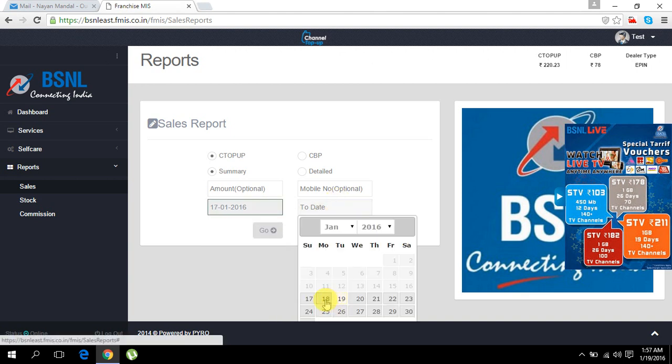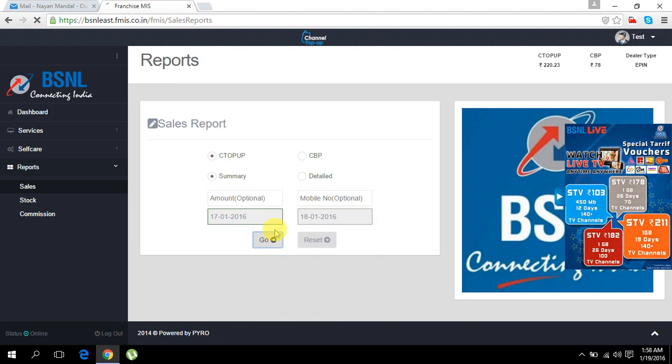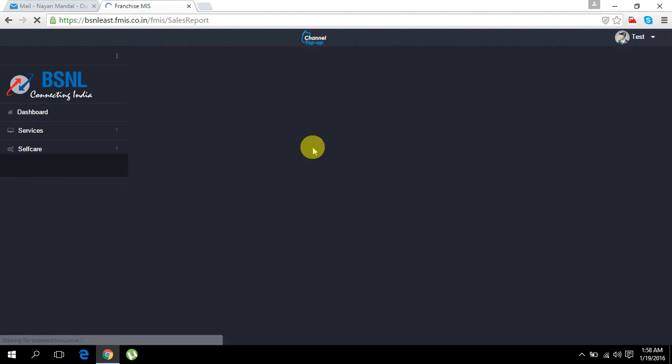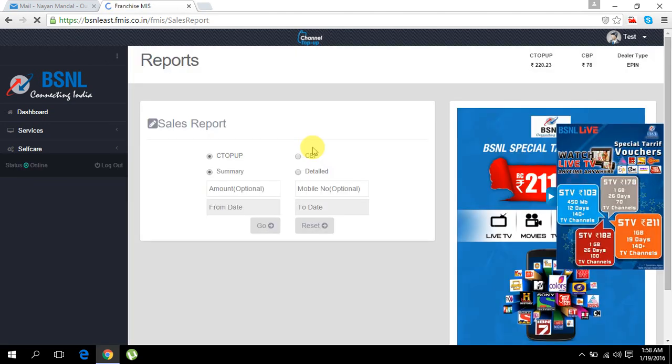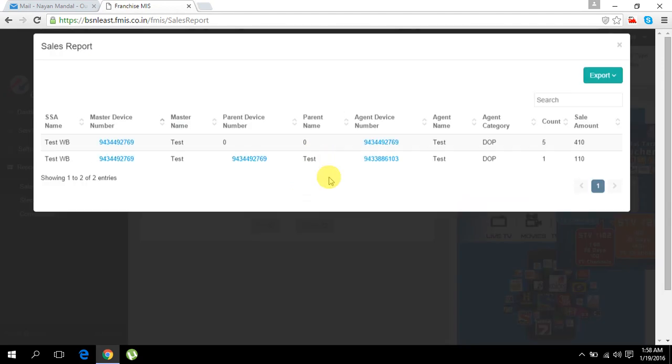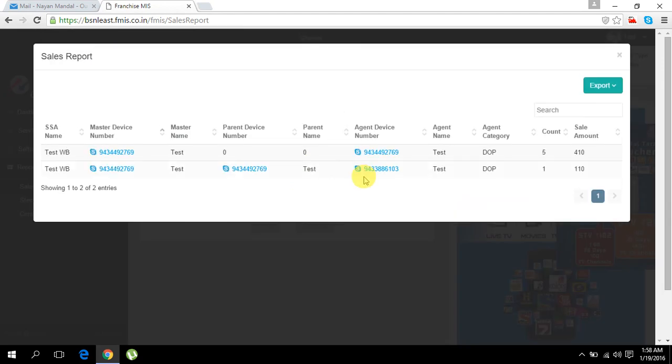If he has done any kind of transaction, if I have done any kind of transaction, it will come up. So okay, will it take time or what? No, it hasn't taken any time. The transaction has come. It is very fast. Very good. The transaction, these are the two numbers, DOP category, departmental or post, and this is very handy.